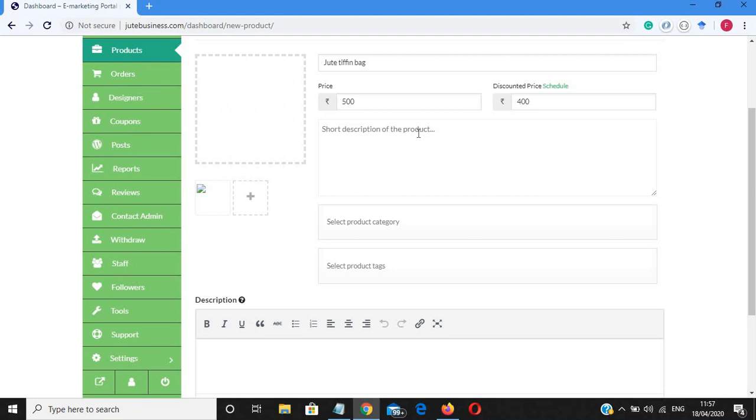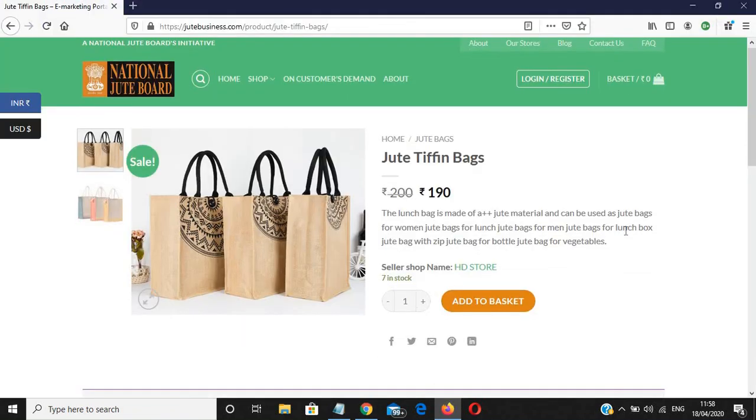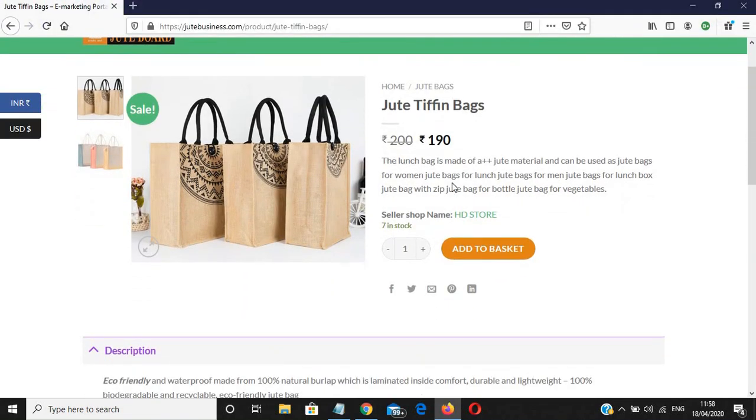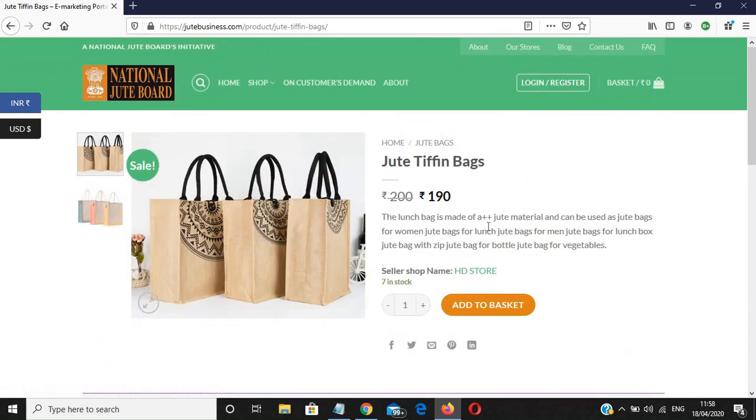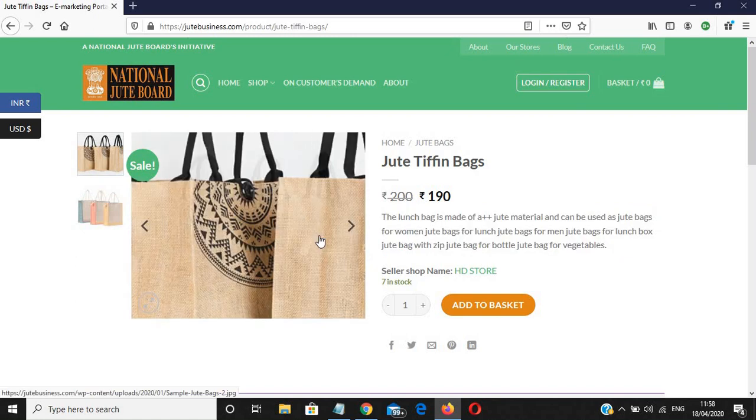Short description. The short description is the section that represents the main functionality of our products. When any customer opens our product page and goes to our product specification page, the customer will get this type of description at the side of the image.